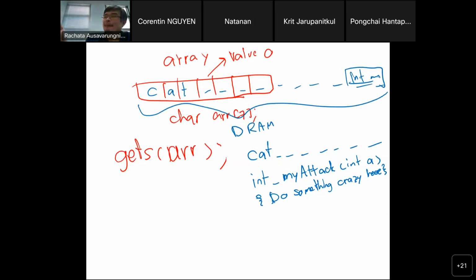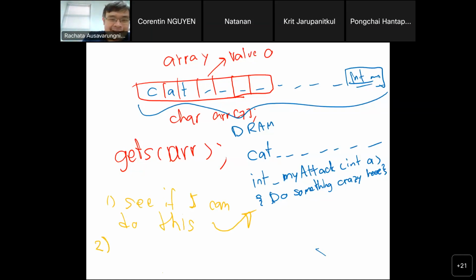So one thing that the buffer overflow attack would try to do is, first of all, see if I can do this. So the first step with the attack is to see if I can do this.